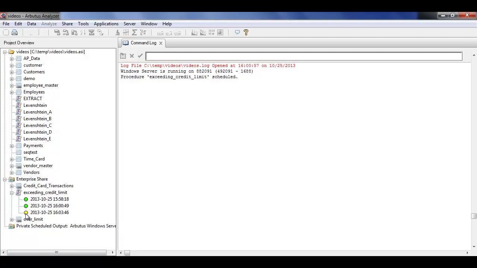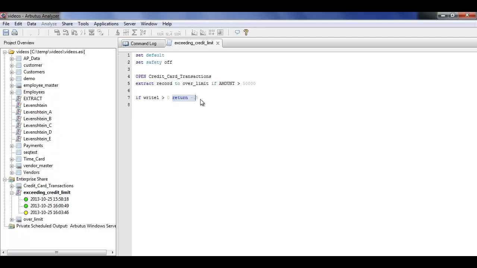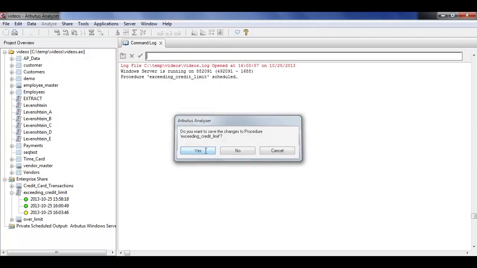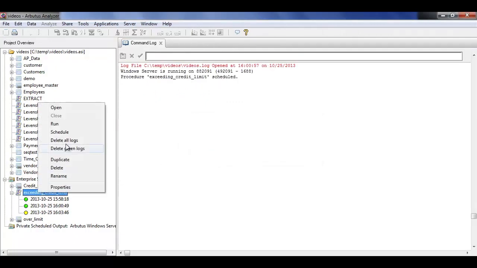And the reason for that is I changed the code and I use a return value. In this case, anytime we have criteria established by whoever's writing the script, anytime you want to identify this as an exception that might need further review, we can change the color of the log to be a visual cue. You could also, if you wanted to, create another visual cue which told you exactly how many exceptions